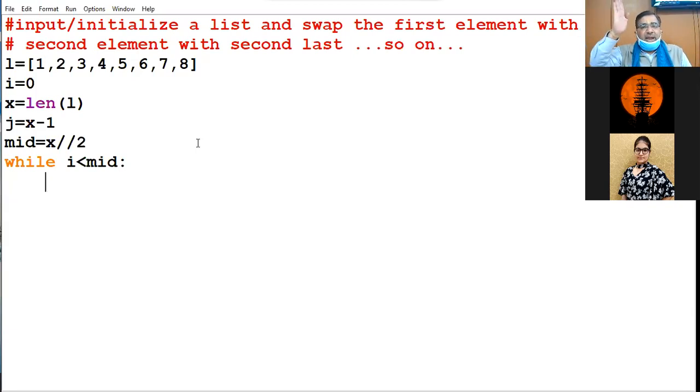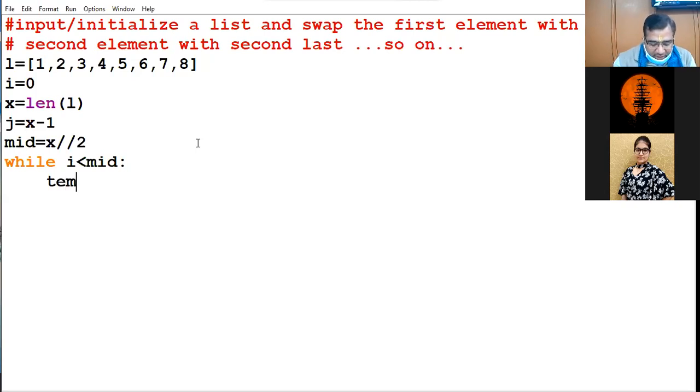You can see the movement of my hands. i is here, j is here. First of all, the ith and the jth will get swapped. Then i will come in front, j will shift back. From here, second last. If this is moving towards the second and this is coming towards the second last, then naturally one is incrementing, the other is decrementing.